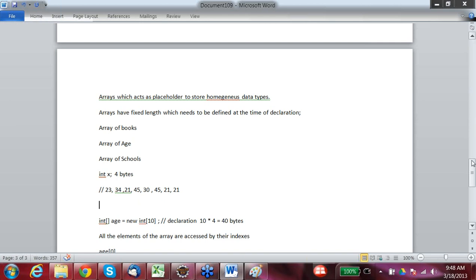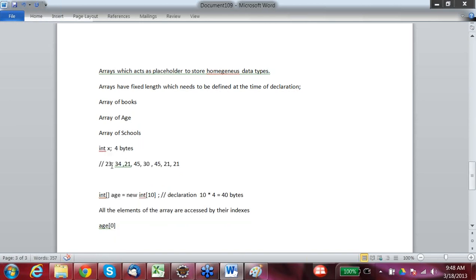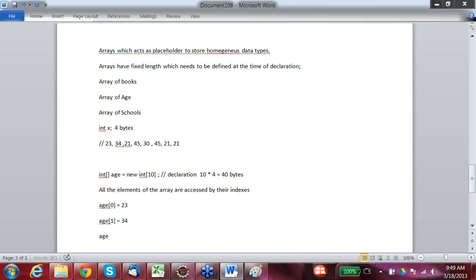When we do counting, we say this is the first item, second item, third item. But in Java and most programming languages, the array index of the first item is 0. So if I want to store 23, I would say age 0 is equal to 23, and age 1 is equal to 34. Age 2 is equal to 21, and so on and so forth.